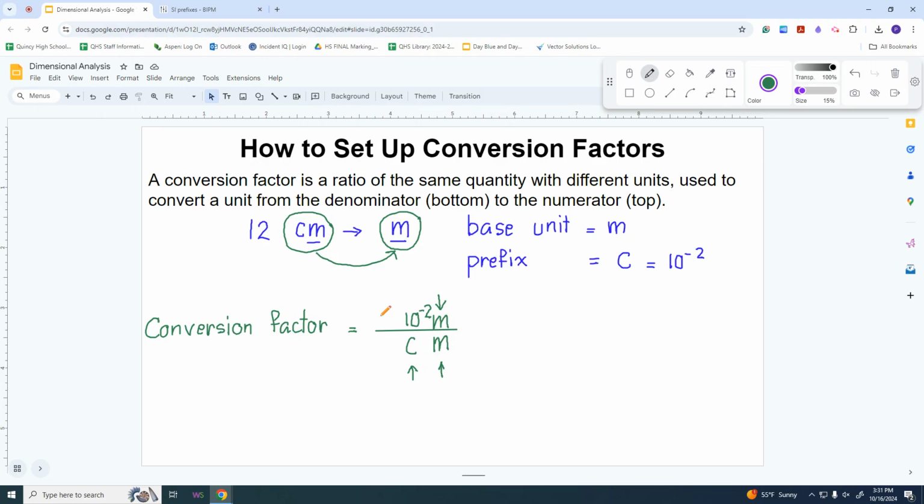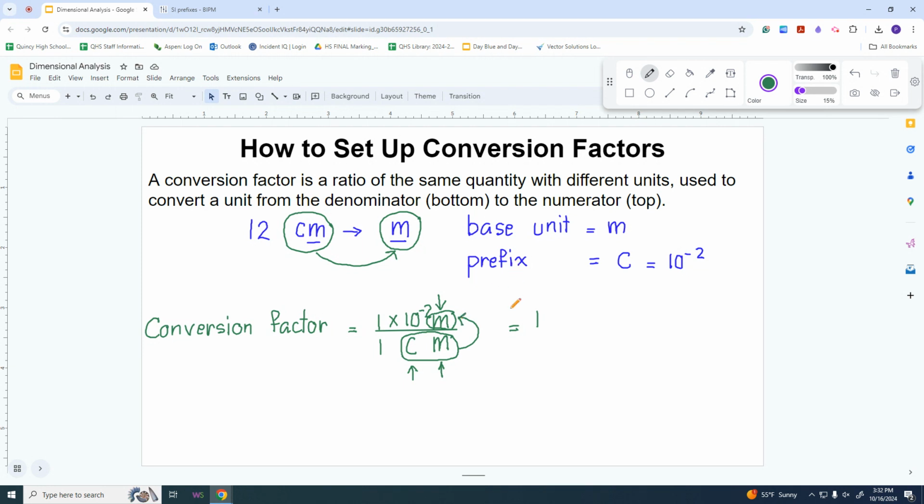Now the next step, just to make it prettier, beautify it. 1 times 10 to the negative 2 and 1 cm. So 10 to the negative 2 and c is the same thing. c equals 10 to the negative 2 meter or m, the same thing. So this conversion factor will equal 1, okay? And you are converting from unit cm over here to unit m, okay? You are converting from the bottom unit cm to unit m on the top, okay?